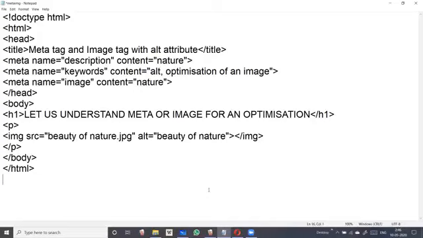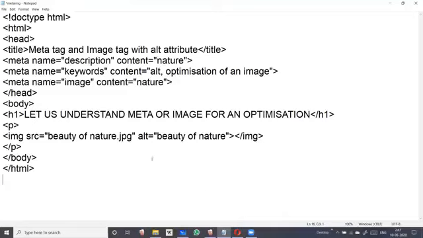Meta tags are snippets of code that tell search engines important information about a web page, such as how to display it in search results. They also tell web browsers how to display it to visitors. Every web page has meta tags, but they are only visible in the HTML code.